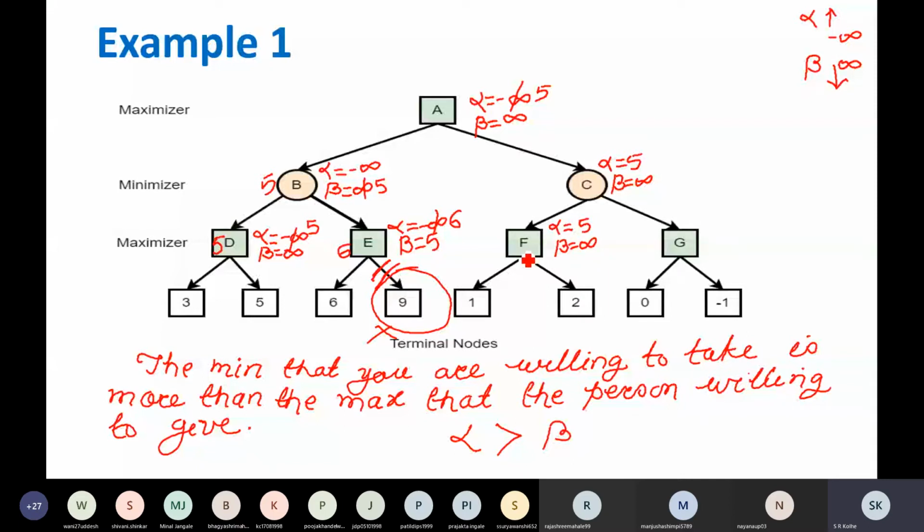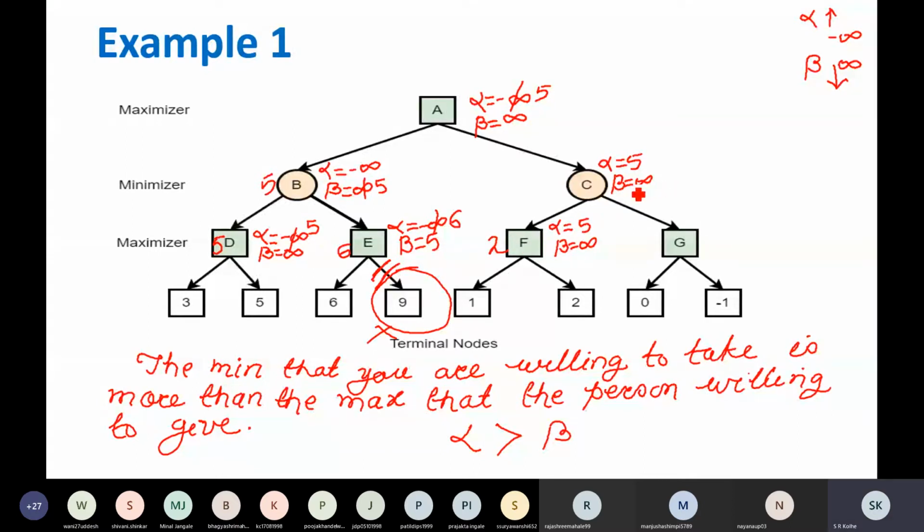F is a max node, so which option will F select out of these two? 2. Right. The node with value 2. But the alpha value will remain 5. Then the algorithm will backtrack to node C. Now at node C, which is a minimizer node, the minimizer updates the value of beta. It is getting 2 from this side, right?